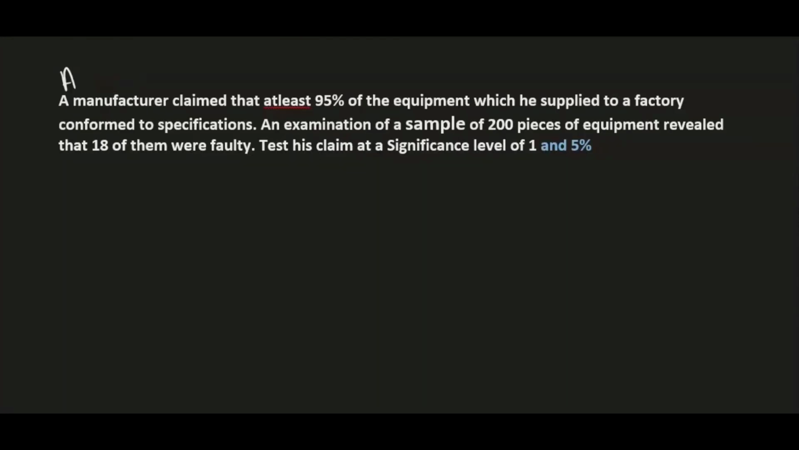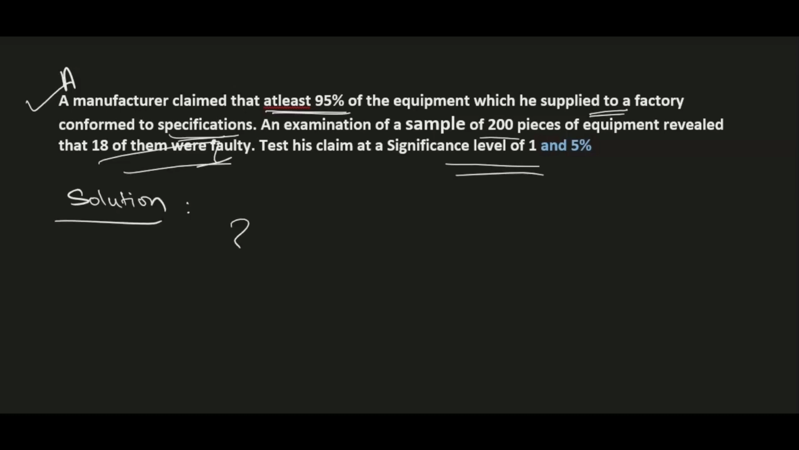See this problem. A manufacturer claimed that at least 95% of the equipment which he supplied to a factory conformed to specifications. An examination of a sample of 200 pieces of equipment revealed that 80 of them were faulty. Test his claim at a significance level of 1% and 5%. Okay. So now in the solution,